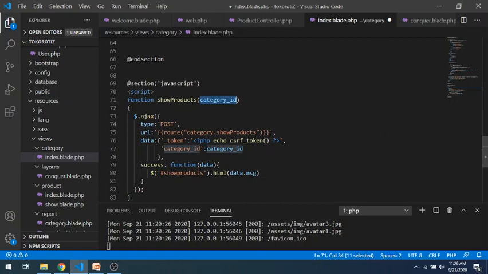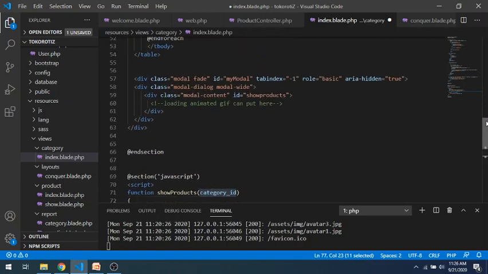The parameter will be saved in category ID, and while calling ajak, it will be placed as category ID also. Place it in the data. We pass the category ID here. Okay.